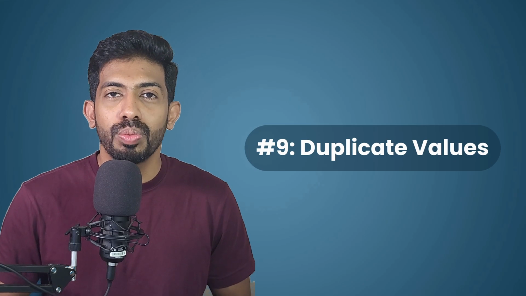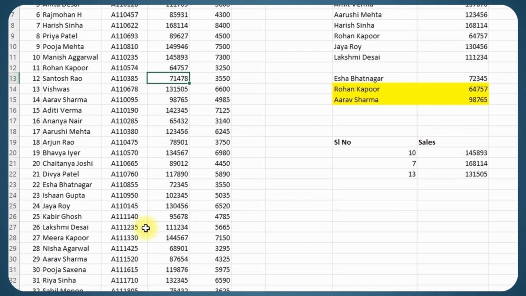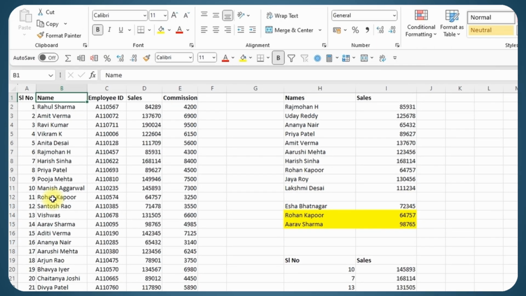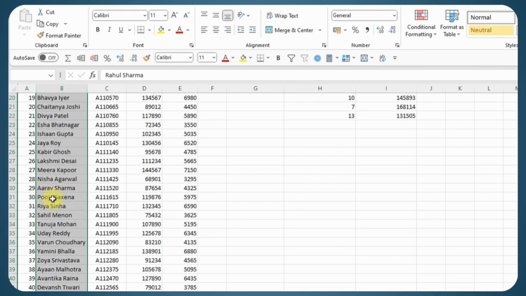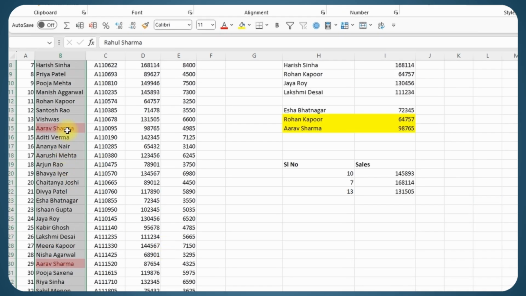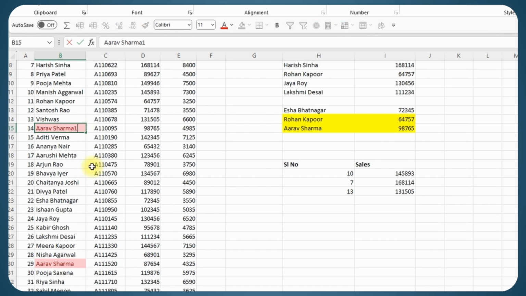Finally, check if there are any duplicate values in the lookup column. And here I have Arav Sharma whose sales value is 87,000, but here I am getting 98,000. That is because there is one more Arav Sharma entry over here with 98,000. So if there are duplicate values, VLOOKUP will always pick the first value. To ensure that there are no duplicate data in the original database, you can select all the names, go to conditional formatting, highlight cells, duplicate values. So this will highlight these. So if there are 2 different people with the same name, I could differentiate this by mentioning Arav Sharma 1 and this could be Arav Sharma 2, and here I could say Arav Sharma 1 so that I will get